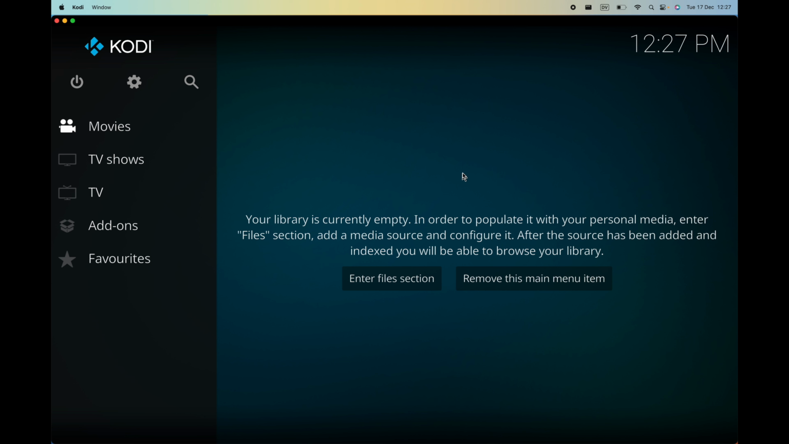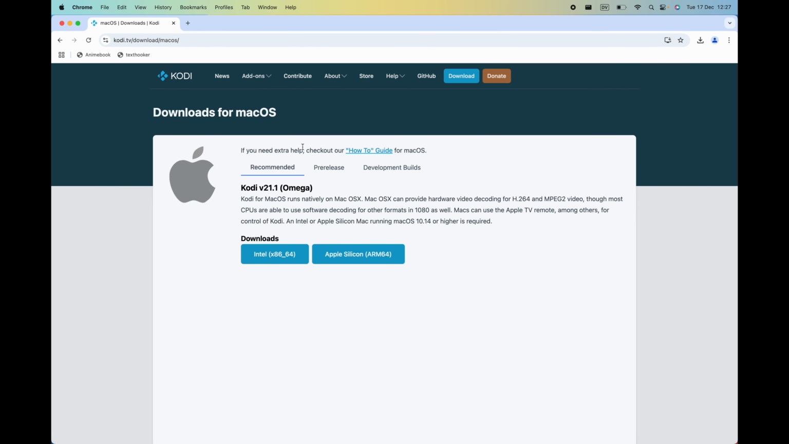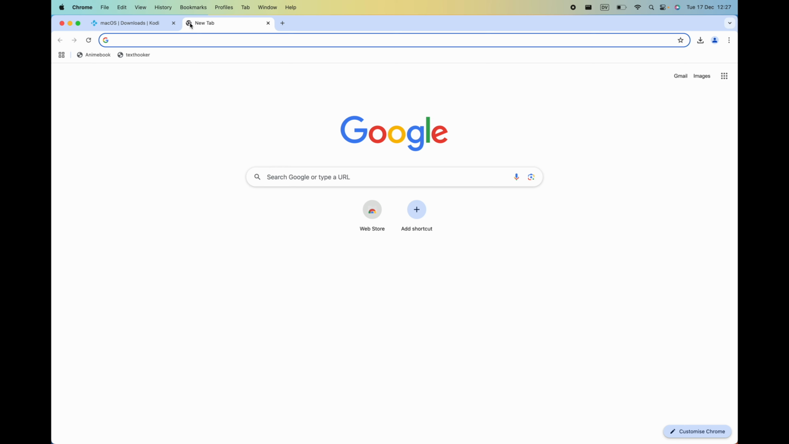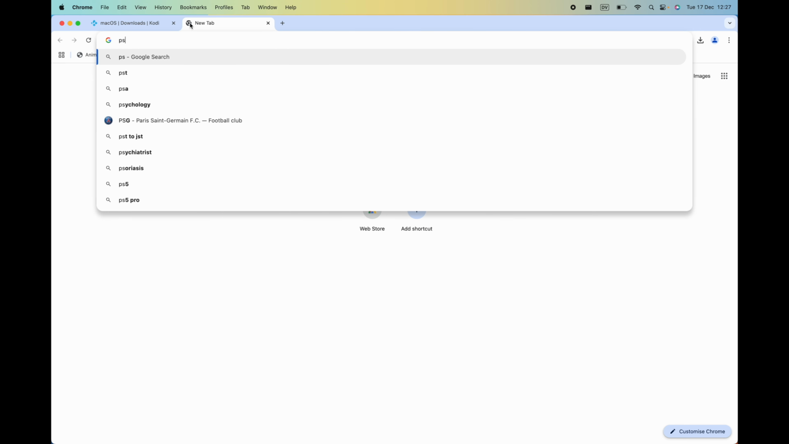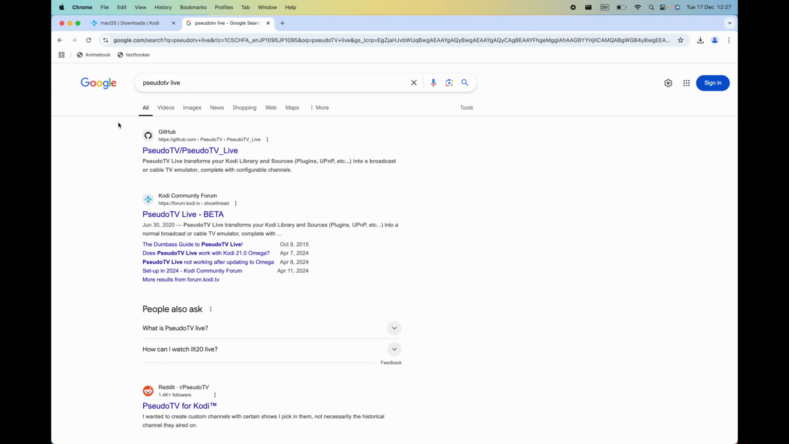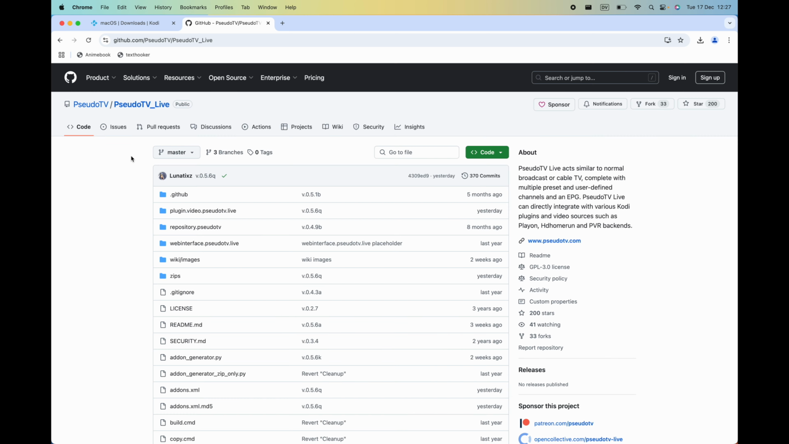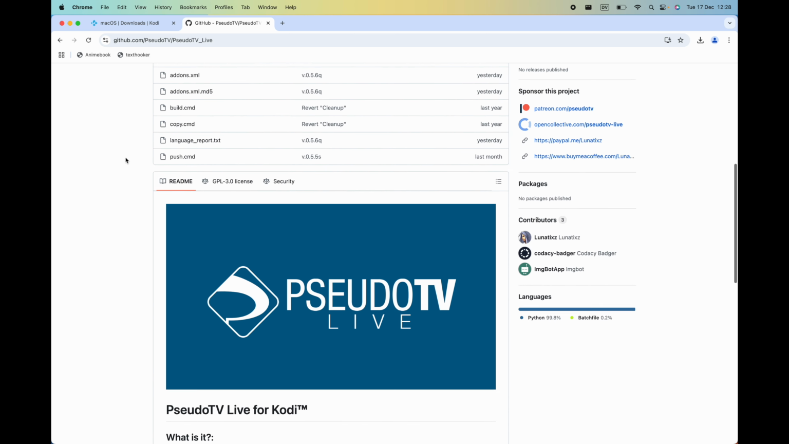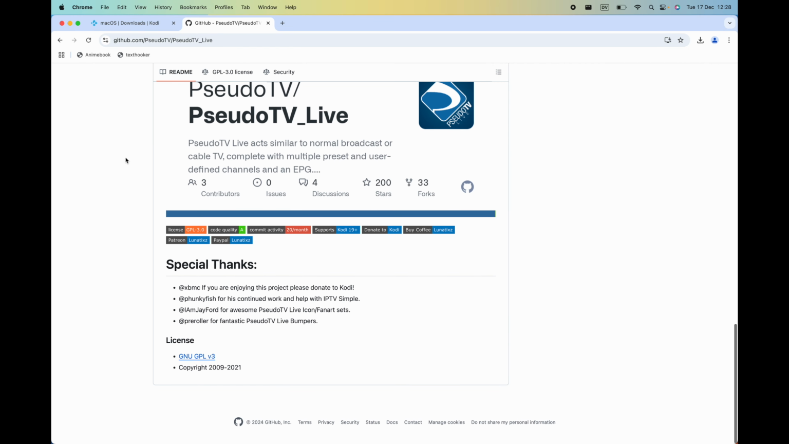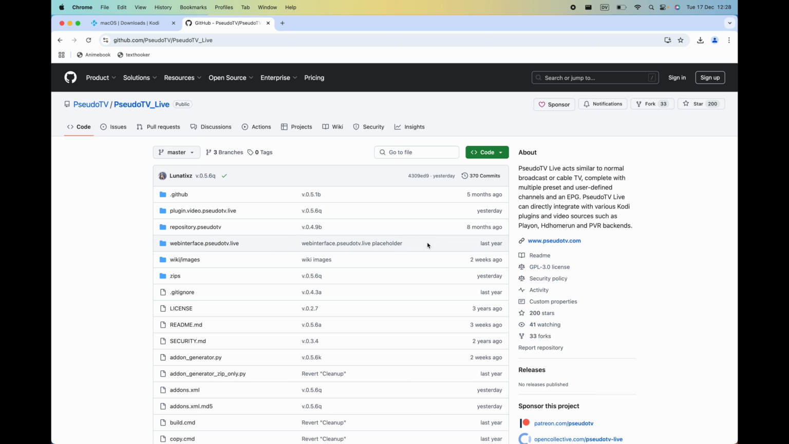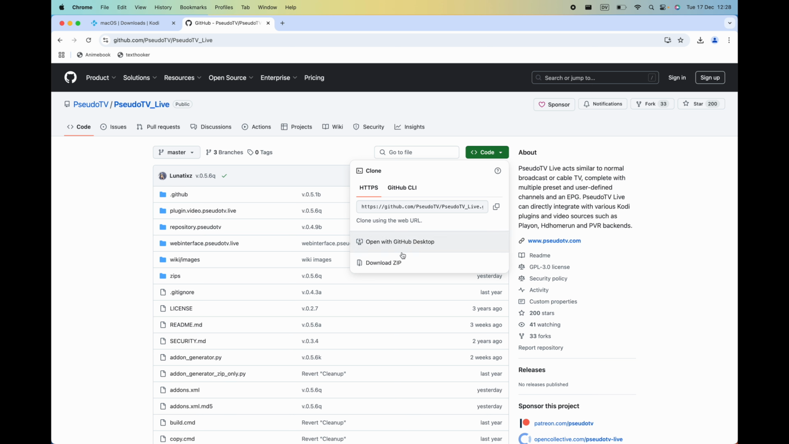Okay, step number 3 is to download PseudoTV Live. So if you go across to your web browser, open a new tab, and start typing in PseudoTV Live. You're looking for the GitHub repository, which is right here. This is where you can get PseudoTV Live. You can read about it very briefly here. But if you go to the green code button here and download zip,